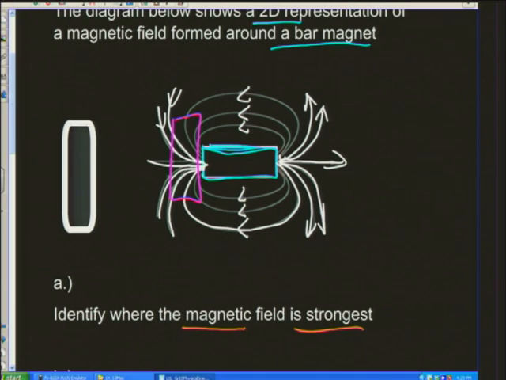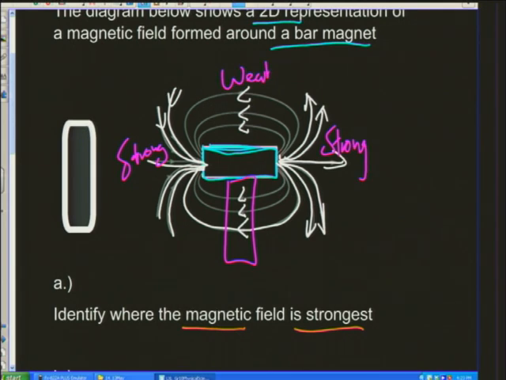Now, what else can we say? We can say over there, look, you've got lots of lines, and they're close together. Two aspects: lots of lines passing through a space, and over here, notice, you've got fewer lines. You've only got 3 lines. Same thing over here. So it's strongest in this region. This is where it's strong, at the pole. And it's strong over here. But it's weak where the lines are further apart and there are fewer of them. So that's where the magnetic field is weaker.